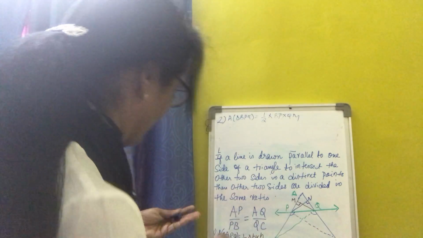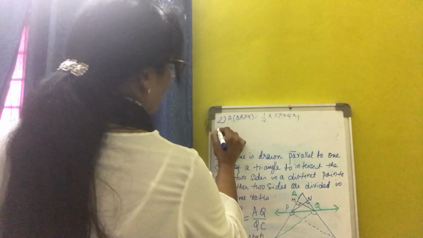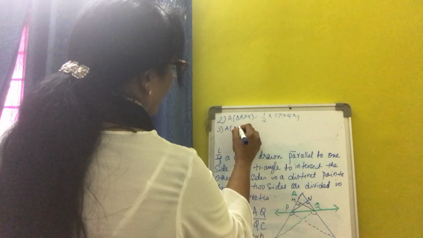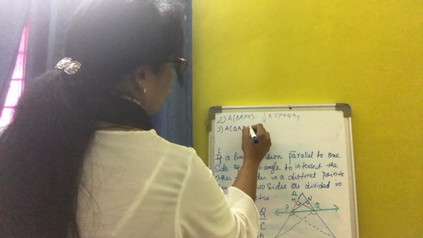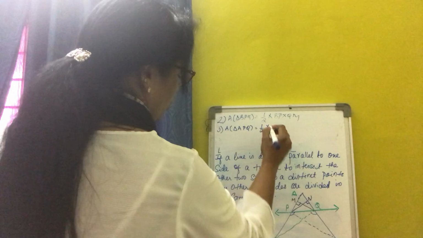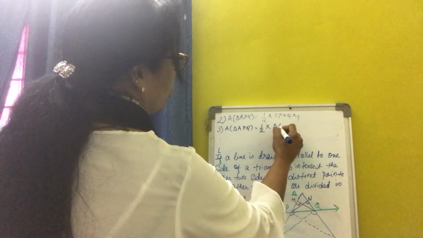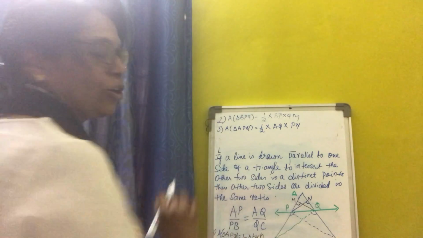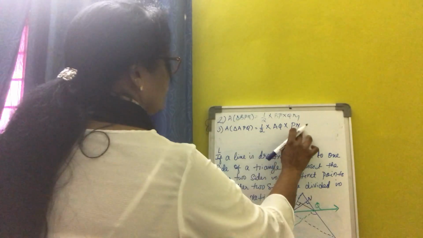So here also we will apply it in such a way that equation number 3 is area of triangle APQ is equal to half into base, we will take it as AQ, into height, we will take it as PN. This is my equation number 3. Now equation number